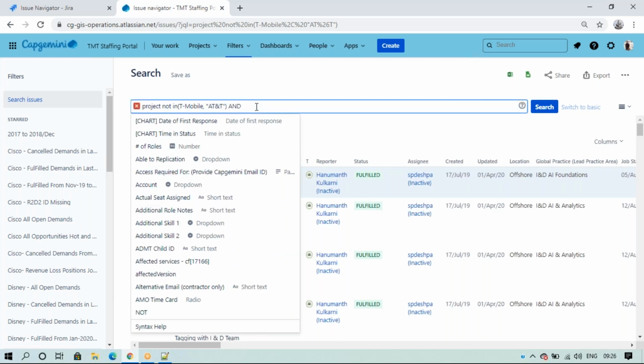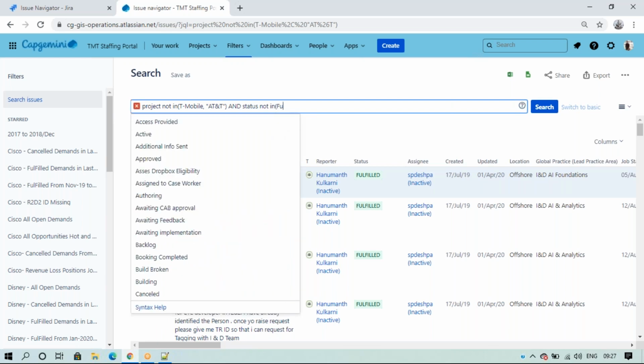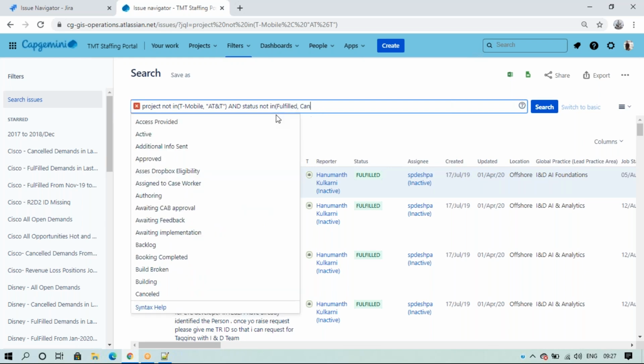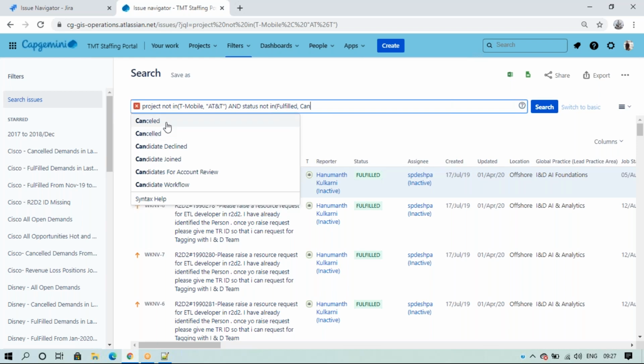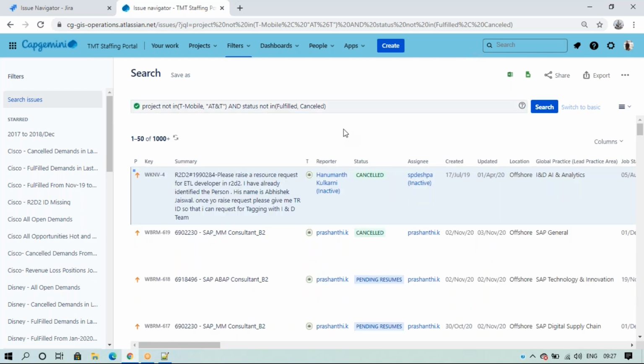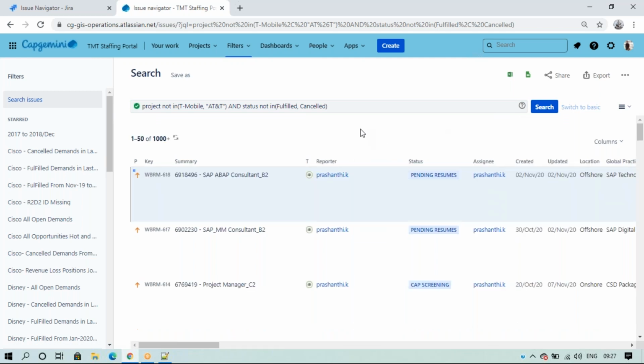For example, I'll add status not in fulfilled, cancelled. Now, projects not in T-Mobile and the other one means, suppose I have 80 projects.